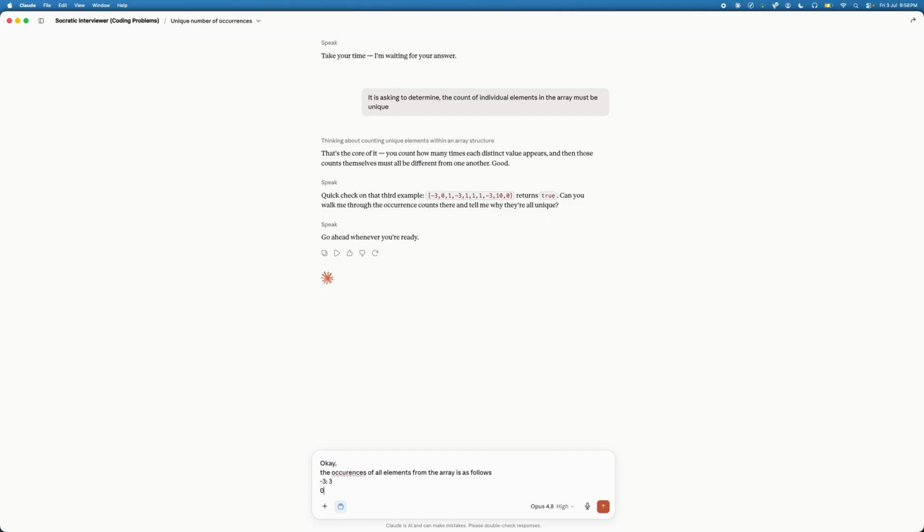Then we have 0. 0 appears 2 times. Then we have 1. 1 appears 4 times. Then we have 10. 10 appears 1 time. Hence it returns true.